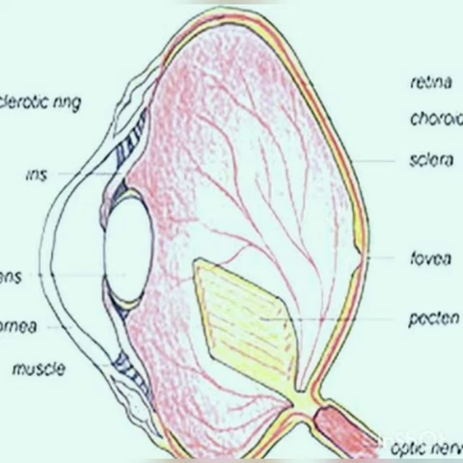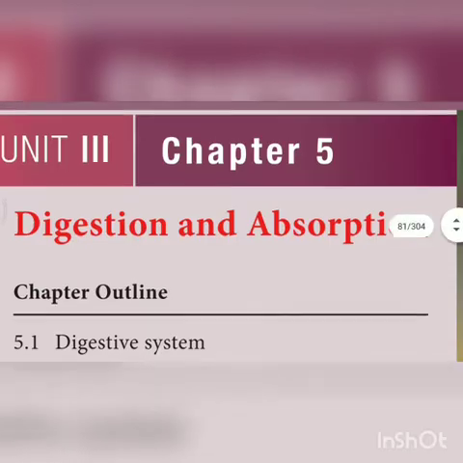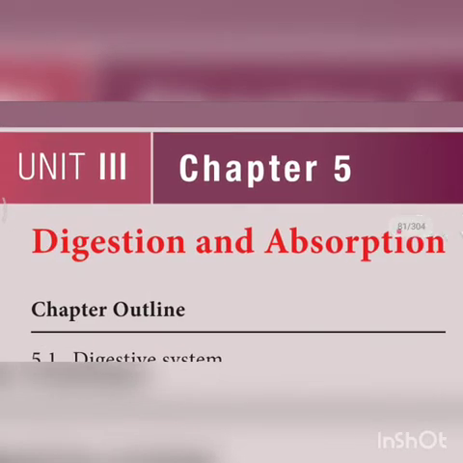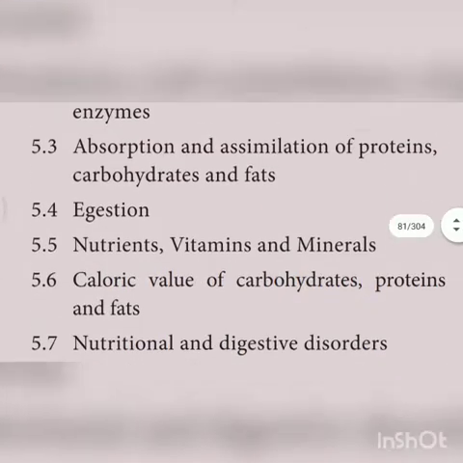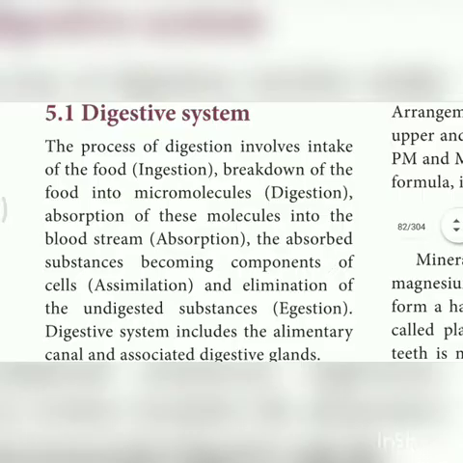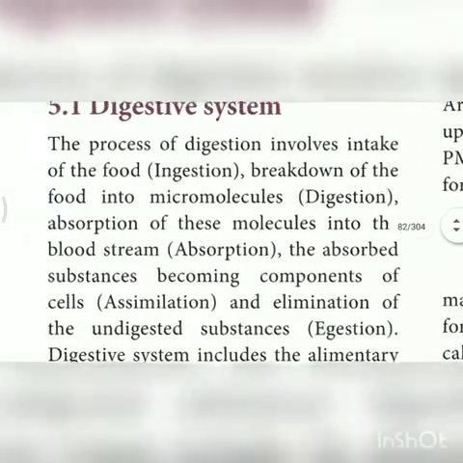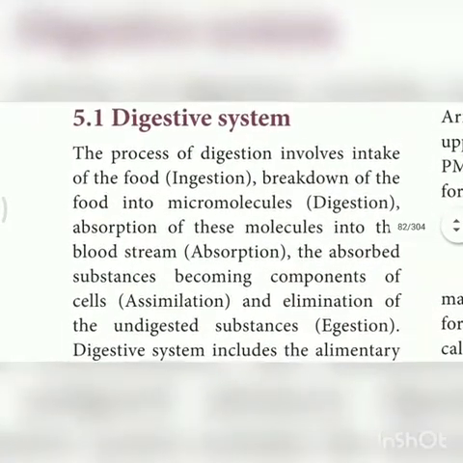So that's all about the 4th chapter. When you move on to the 5th chapter, that is digestion and absorption, we revised so many questions in that. In this, you have to know the important 2-mark and 3-mark questions. I will give you some certain terms, so you have to go through those terms.